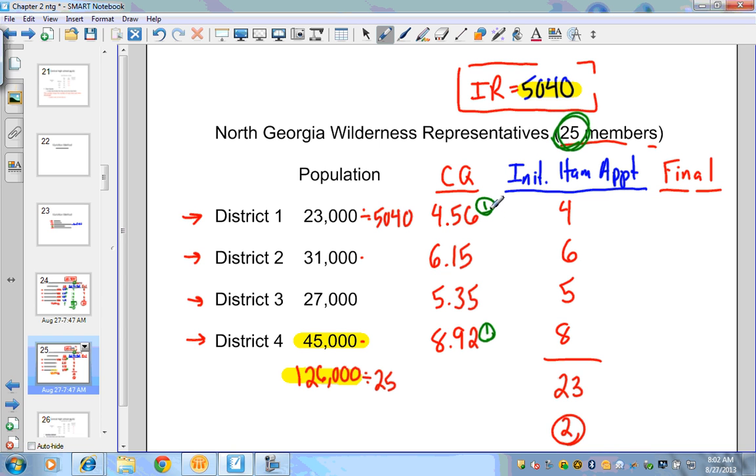Now remember that these points get added to the initial Hamilton appointment. So that means our final distribution of these seats would be 5 for District 1, District 2 and District 3 stay the same, and lastly District 4 will be 9. So if I add all this up, I believe I get 25, and I do,